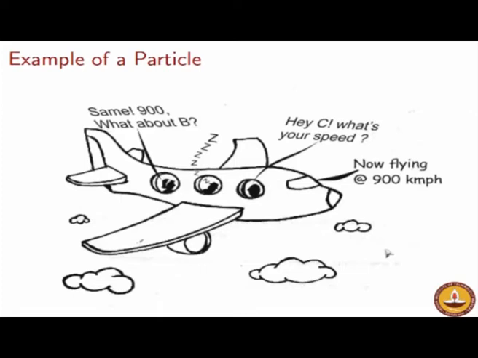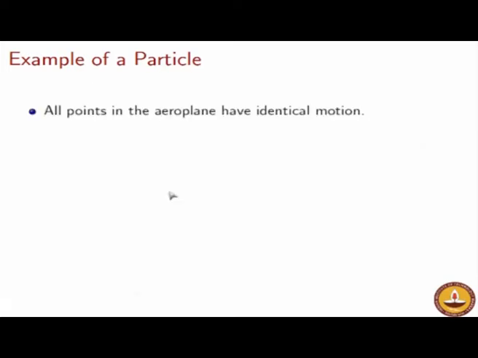That is why we call this the motion characteristics of a particle, because we can simplify the problem at hand. Instead of solving for the motion characteristics of each and every point, we simply solve for the motion characteristics of any point. And because we are interested in any single point, we call this a particle mechanics or particle kinematics problem, where there is a single point which is of our interest.